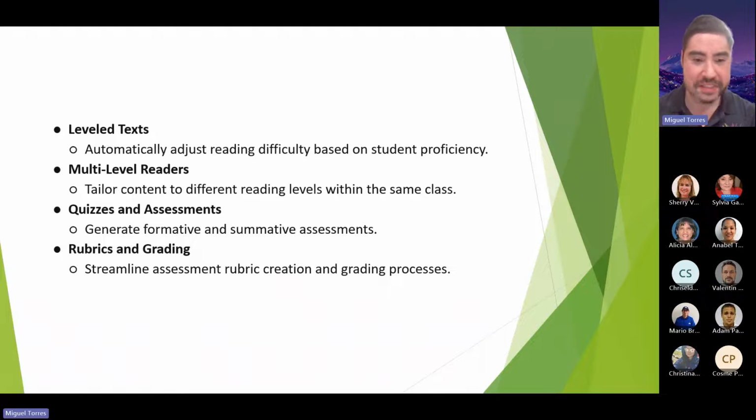It's good for quizzes and assessments. We're going to go over how you can export some of these assessments, whether it's general or summative. You can even do open-ended questions and so forth. There's rubrics and grading. You can create a rubric for yourself or even for your students. You can give your students a rubric at the back end of an assignment so that they can see whether they're proficient, not proficient, or accomplished. You can do all of these things with the students in mind, like, what's their pathway?